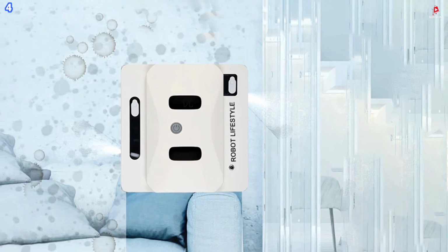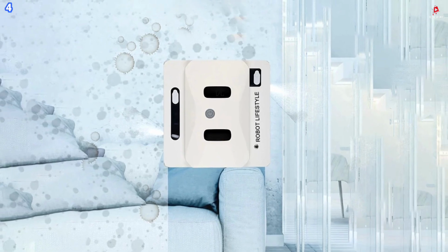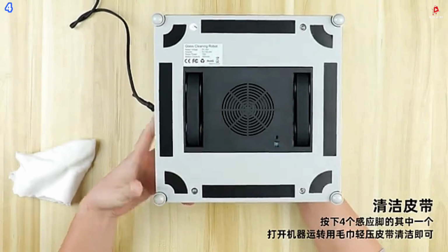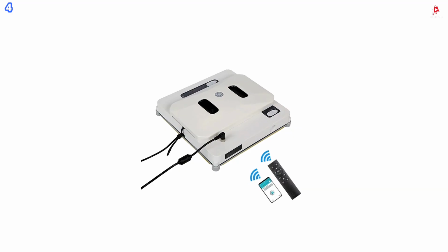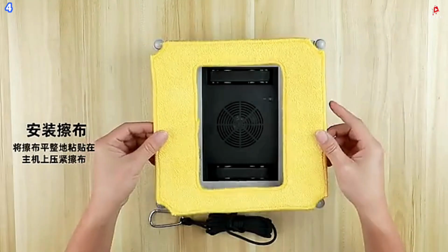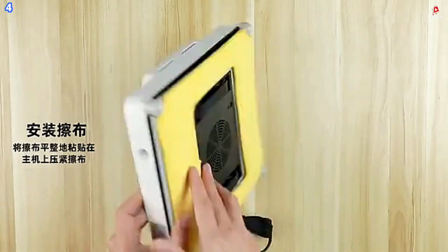Safety is also well considered. The robot includes an anti-fall sensor system that detects edges and prevents accidental drops. In case of a power interruption, the built-in backup battery helps keep the device securely attached to the glass for a limited time. This model is highly versatile and can be used on framed windows, frameless glass, bathroom mirrors, and